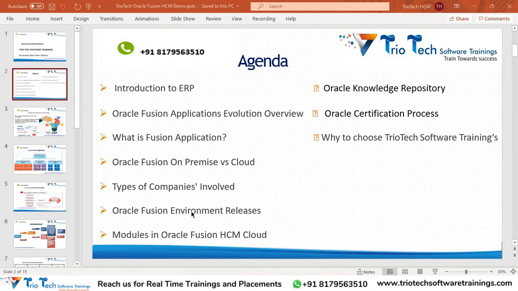How that will happen, how the release versions that Oracle is going to follow, that I will explain in Fusion environment releases. And then I will talk about what are all the modules that we are having in this Oracle